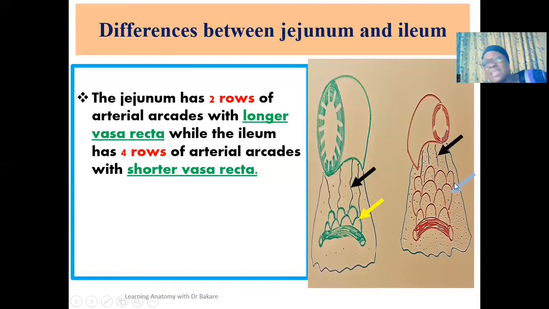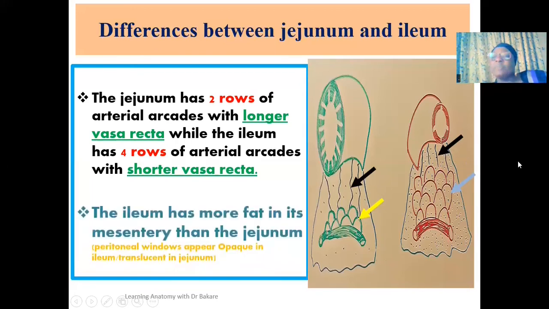So if you look at the mesentery and look at the pattern of anastomosis that is created by the jejunal and the iliac artery, you will also be able to differentiate if this is the region of the jejunum or this is the region of the ileum, considering the number of rows of arterial arcades created and also the length of the vasa recta. Then the ileum, if you look at the mesentery of the ileum, it has more deposition